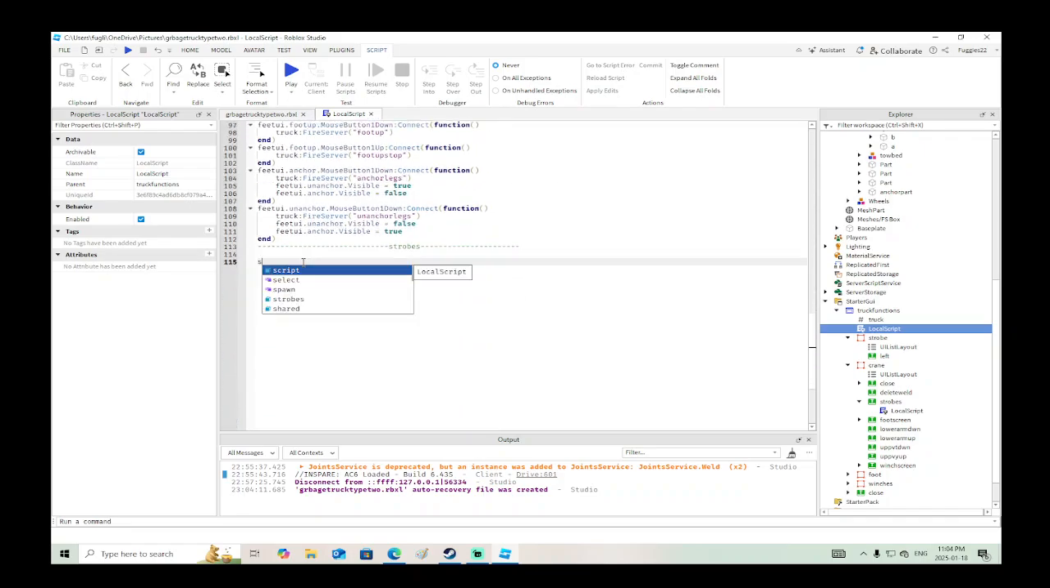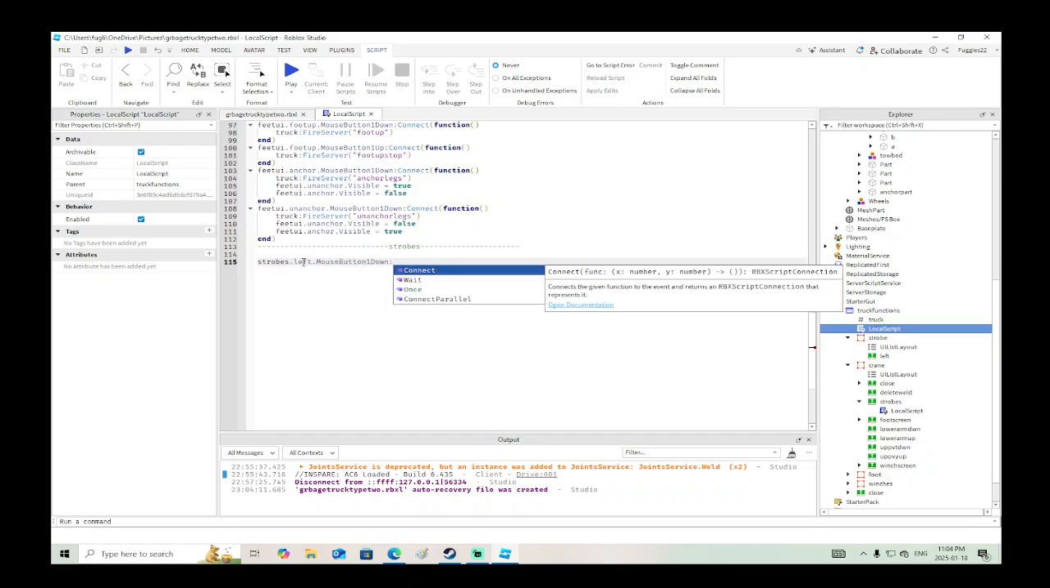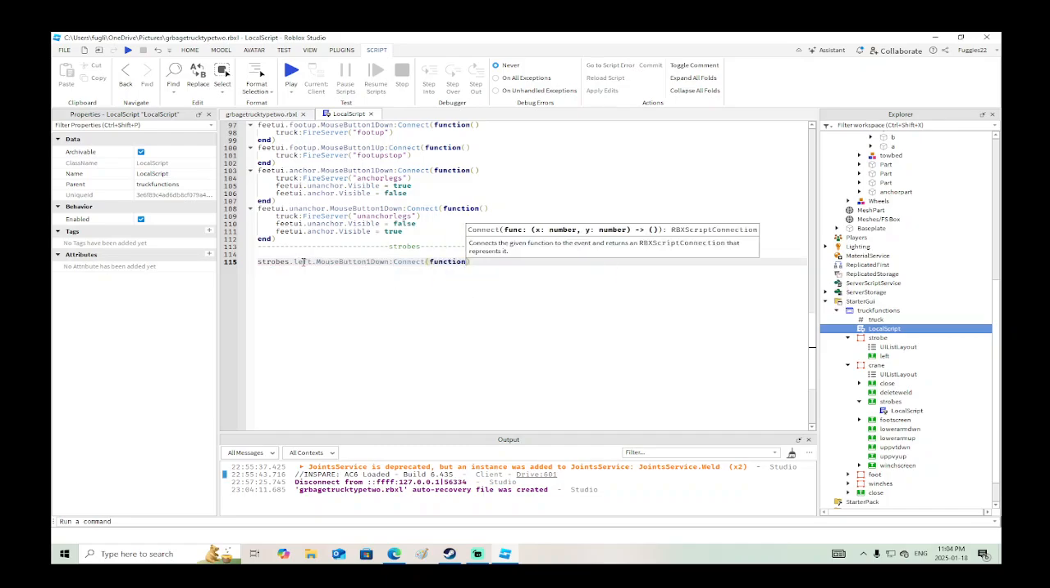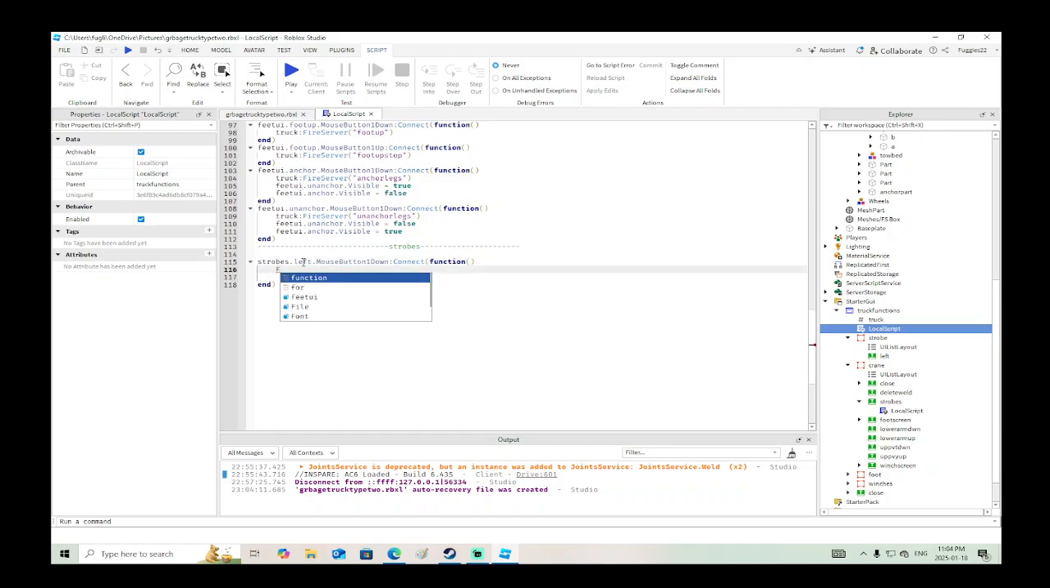So we can say strobes.left.MouseButton1Down:Connect(function). All right, and then we'll say fire server truck, fire server, and we want this to be, let's see,